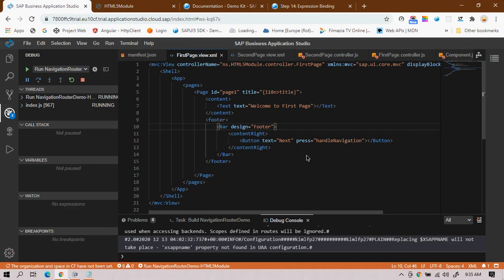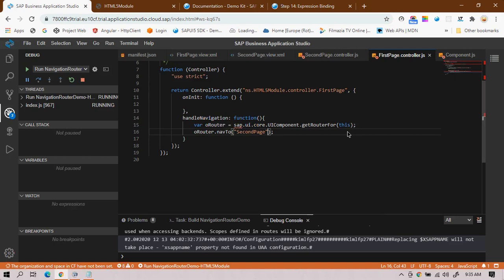It's very simple. First, I have to go to the controller file. navTo can take two parameters. By default, the first parameter is sufficient, but if you want to pass data, then you simply give a comma, and whatever data you want to pass, you pass it in curly braces, in object format.